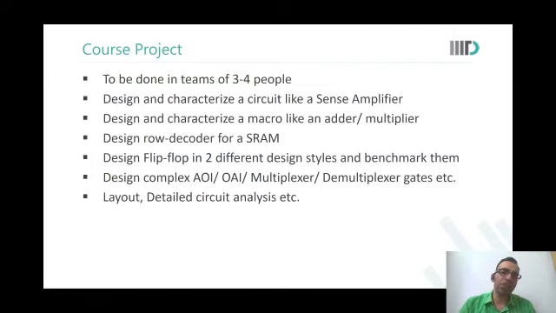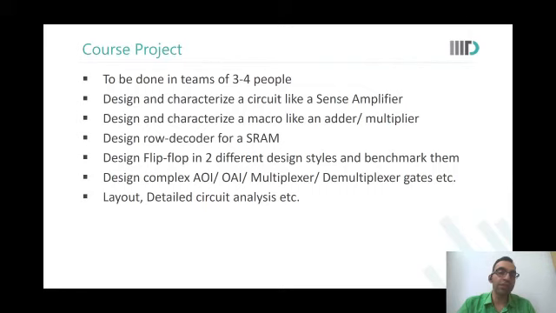However, one key rule of publication is that a publication should involve some benchmarking, some comparative results. Because otherwise, simply talking about a sense amplifier out of the blue doesn't make sense. There are thousands of papers existing on sense amplifiers. Why would I read about your sense amplifier and not those 1000 that already exist? So you have to compare your sense amplifier with them and say, see, my results are better. Therefore, you better read my paper.